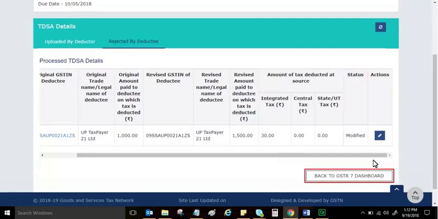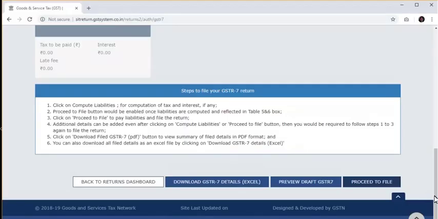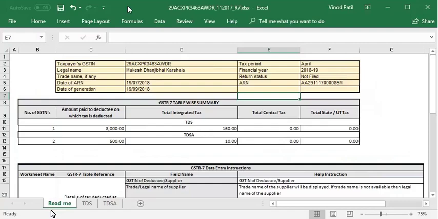Click Back to GSTR-7 dashboard and the Table 4 tile will now reflect the number of TDS entries amended along with total tax amount and total amount paid to deductee. If required, you can also click Download GSTR-7 Details Excel button to download and view all entries in an Excel file.